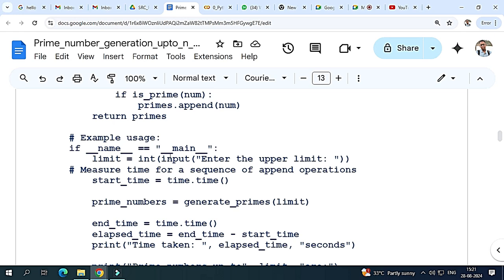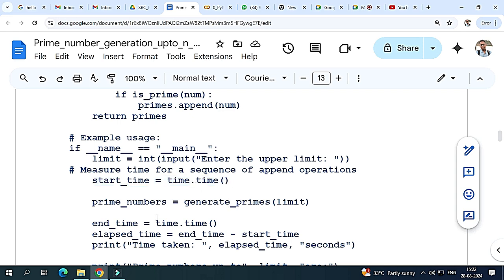This is where the program starts, and before starting the program, why am I not taking the start time just after if? Because I might take a certain amount of time to give the response limit. I am asking for the upper limit of the input, so I might wait for 1 or 2 minutes. I should not include that in the consumed time. So that is the reason after taking the limit from the user, I start this. I just stamp what my start time is. Then what to do? I have to use time.